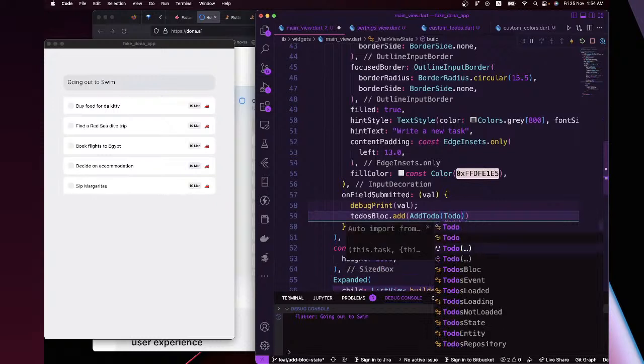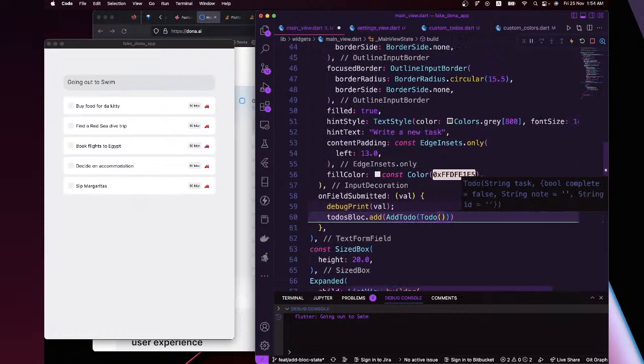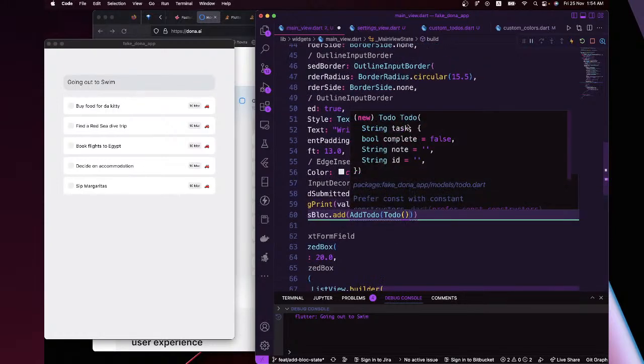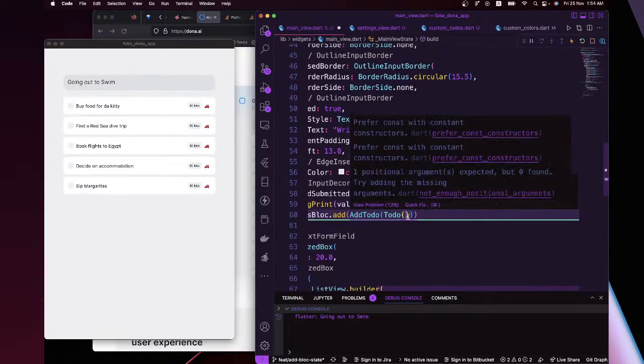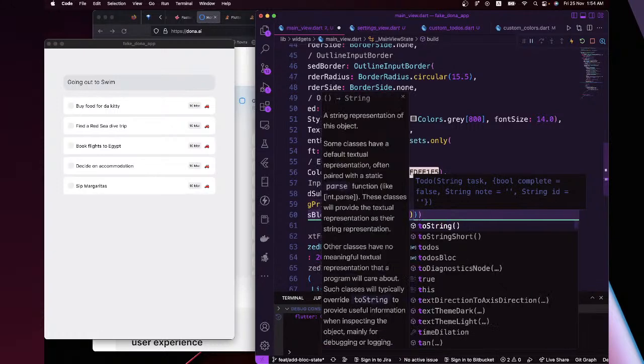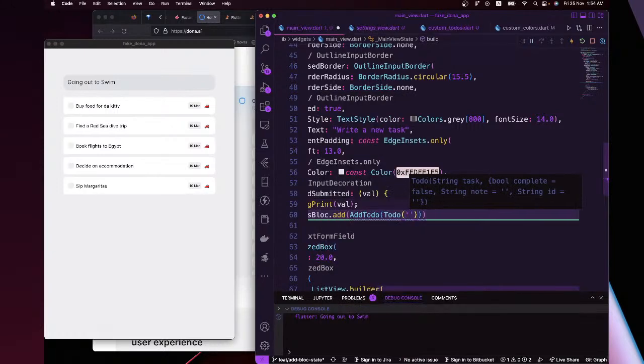Okay, let's add a to-do. Once we do that, we are going to add a to-do that needs a task and also a note to it. Let's say the task is going to be